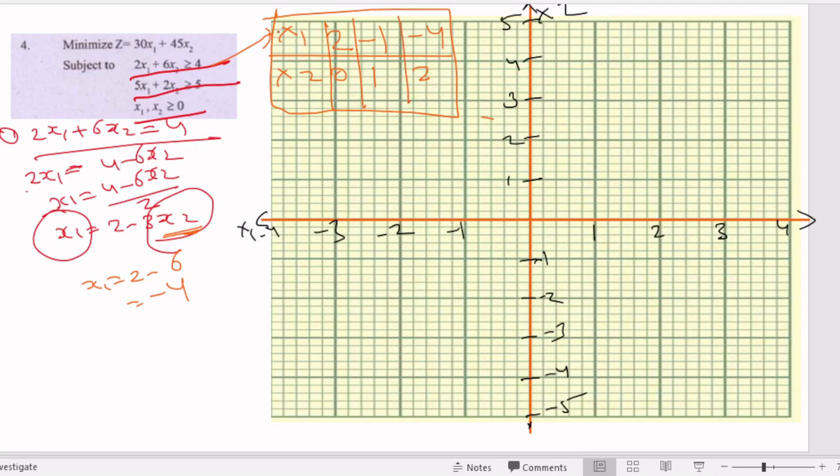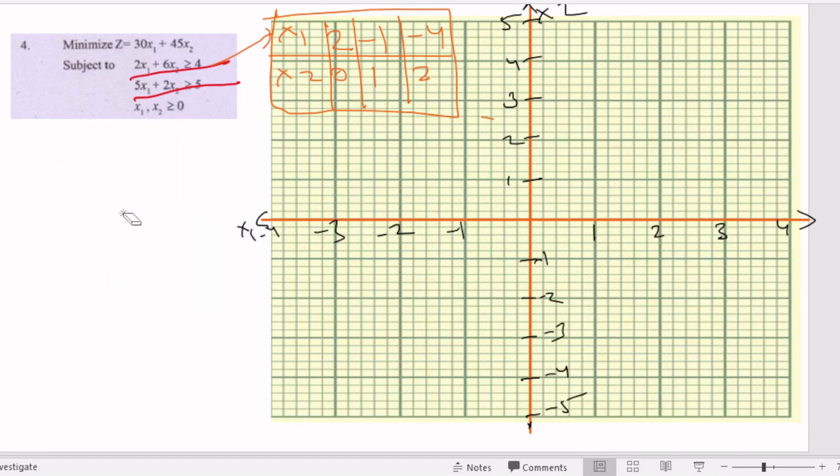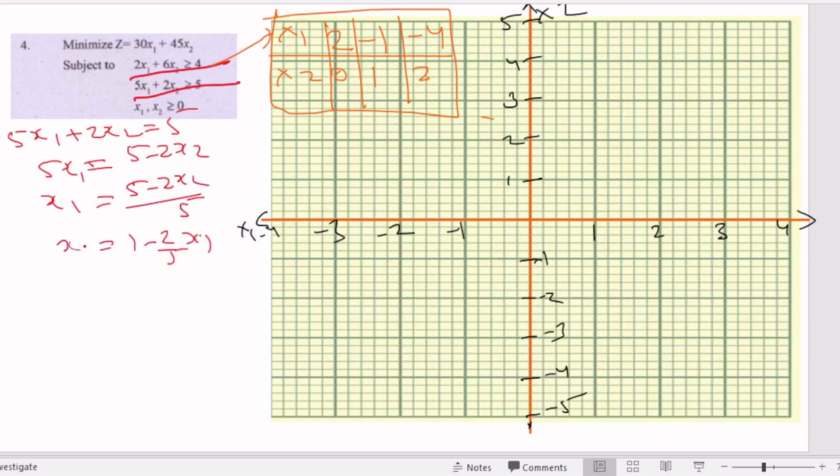Similarly, you can do it for the next one. Let me write the equation. The second equation says 5x1 plus 2x2 equal to 5. In a similar way, what do you have to do? 5x1 is equal to 5 minus 2x2, so x1 is equal to (5 minus 2x2) divided by 5. Simple. Now substitute values. If x2 is 0,